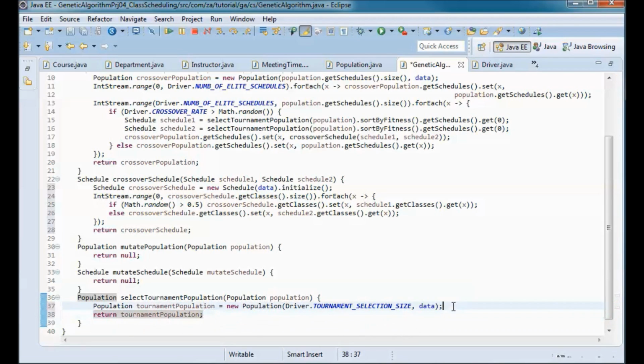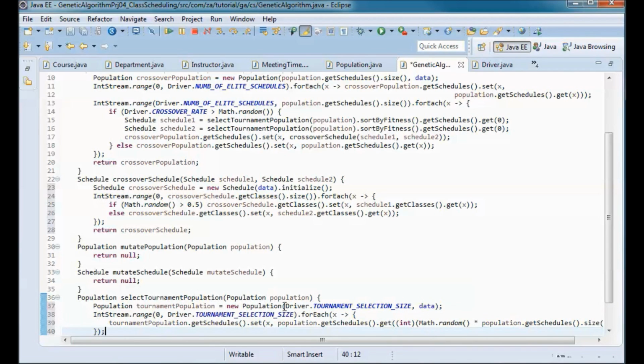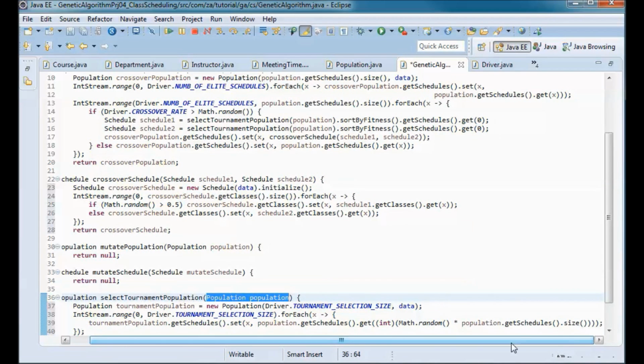But before doing that, I will pick up 3 schedules randomly from the passed in population. So we're using here a Math.random.